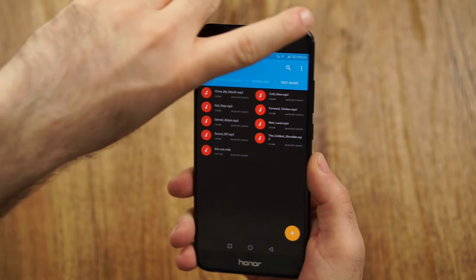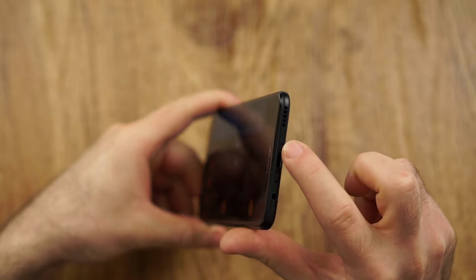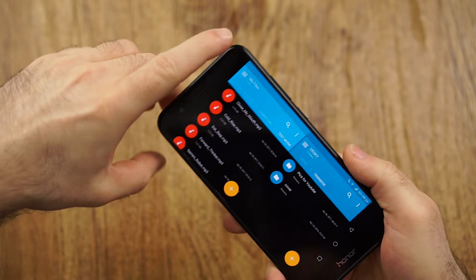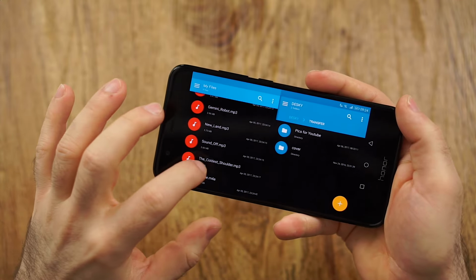Now when it comes to the speaker, I just have to point out one thing first. It is only firing towards the downside and not like on the Huawei Mate 9, also from the earpiece, so not quite the same experience. Otherwise,